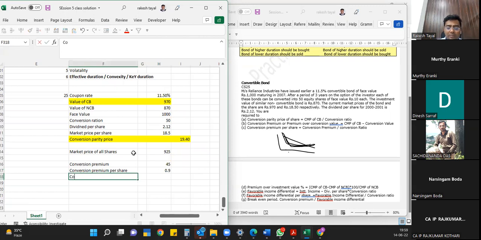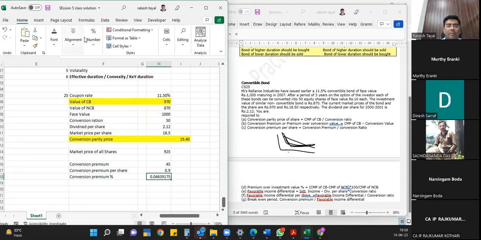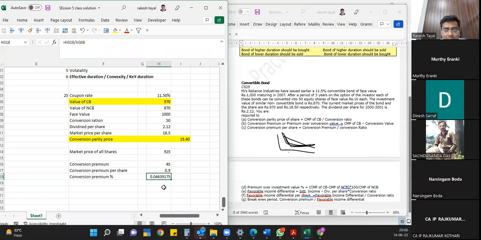Conversion premium percentage: 45 divided by 970... no, 45 by 925 we have to do. Conversion premium ratio is the